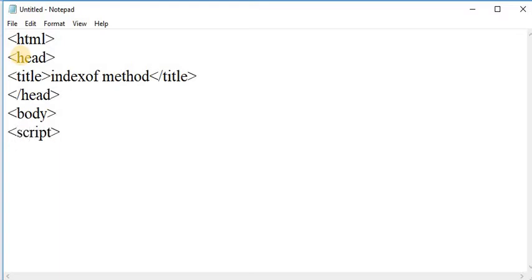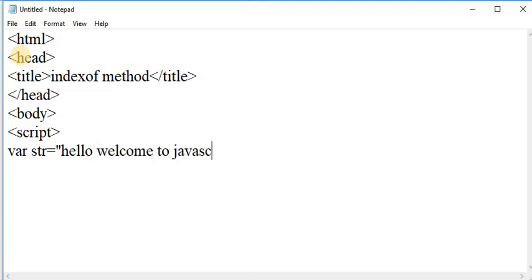And in the script tag, I am assigning one variable, that is var. Suppose here I am taking str as a variable and initializing a string to that str variable. Here I am declaring Hello, welcome to JavaScript world as a string.